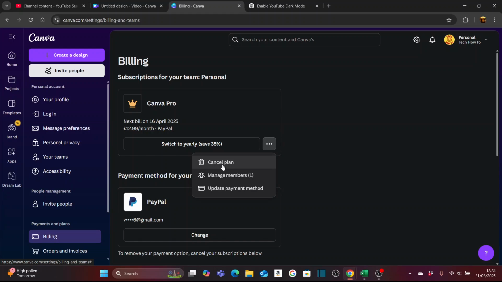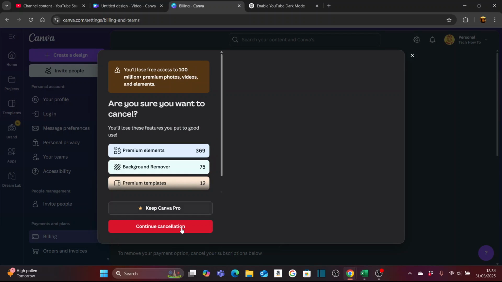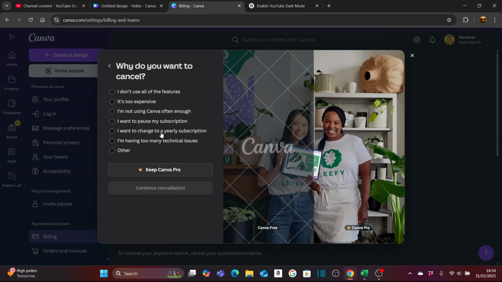Then it should bring up cancel plan, so you want to click on that and then just select continue cancellation. Then it'll ask you for a reason, so you can put anything you want in there obviously. Then just select continue cancellation again,